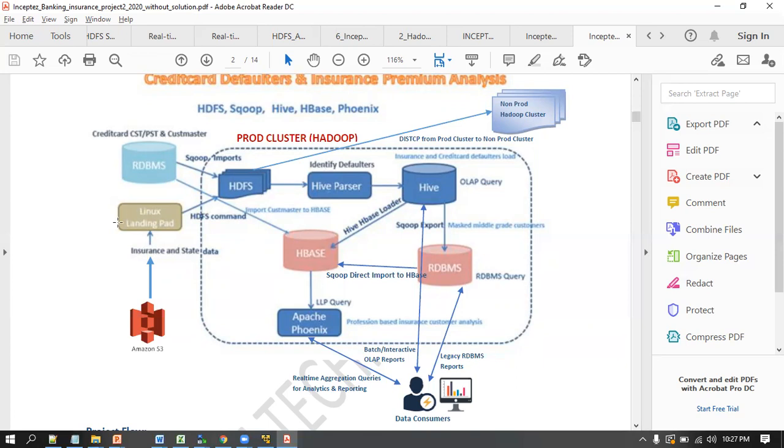Then in terms of the other source system, we have some data more related to the insurance data set of the customers, which is managed by a different team, the insurance management team, where they store the data into Amazon S3, the simple storage service provided by the Amazon cloud platform. If we haven't learned this yet, we'll be learning it at a later point of time. However, we are using this as a sourcing layer, where again we are going to pull this data using SCP or SFTP protocol or wget methodology